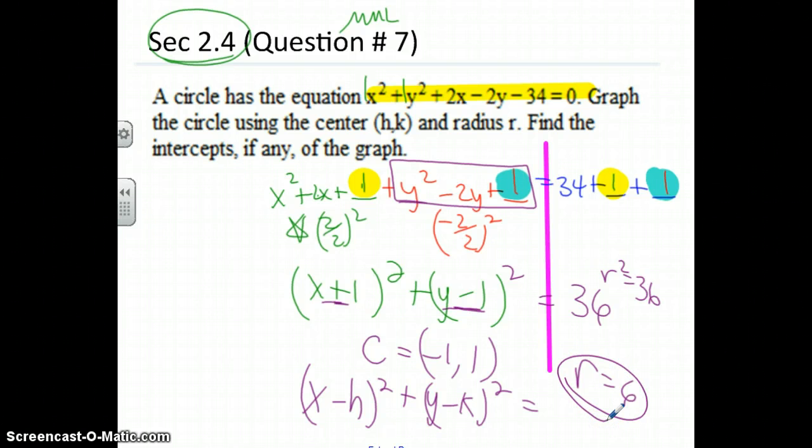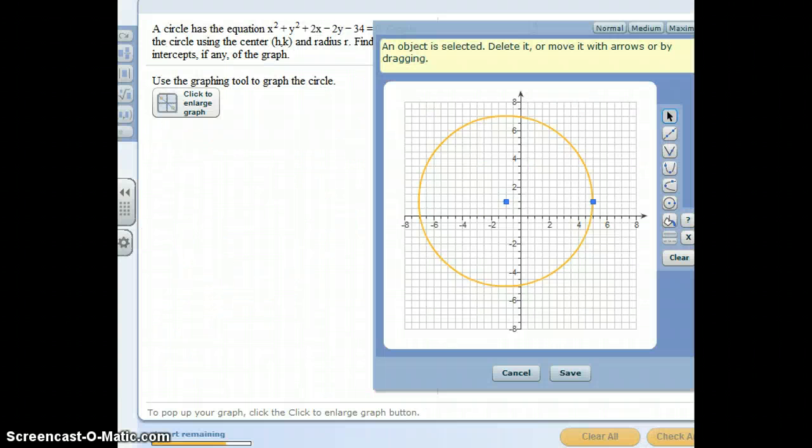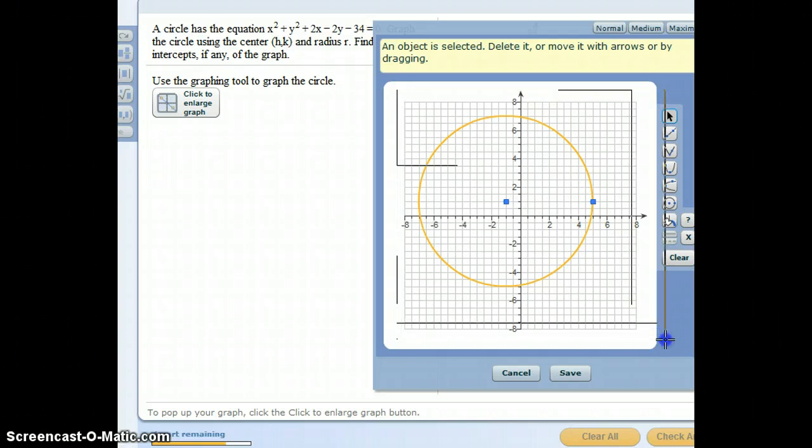So to graph this circle, I'm going to start at negative 1, 1. There's the center of the circle, and I will just move 6 to the right, 6 up, 6 down, and 6 to the left, and graph that circle as best I can. 6 in every direction. So using MyMathLab, it looks like this might be a little bit better